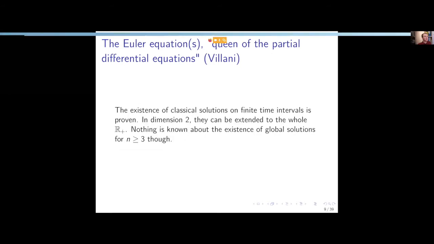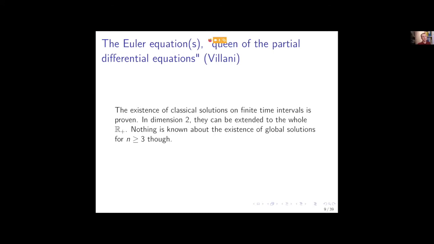The interesting part is that these equations describe the movement of fluids. They're in hydrodynamics. They describe essentially the movement of water. Again, v is the velocity, p is the pressure. So the equations describe how the velocity and the pressure of a water particle behave over time and space, right?